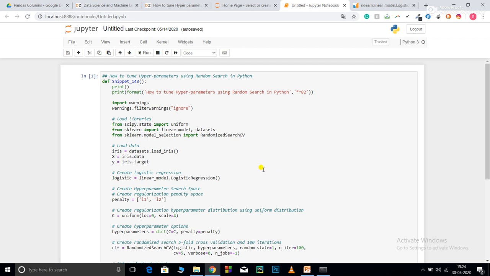Why is it used? Random search CV does the same job that is performed by grid search CV. It is basically used for selecting the best hyperparameters for my model. The difference is grid search CV works in an organized manner.